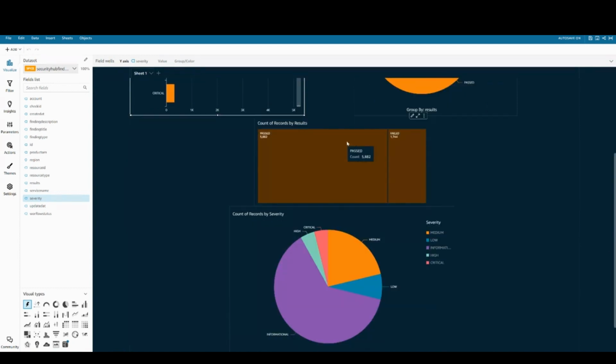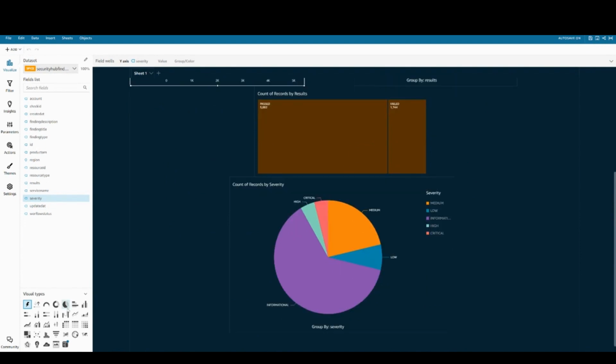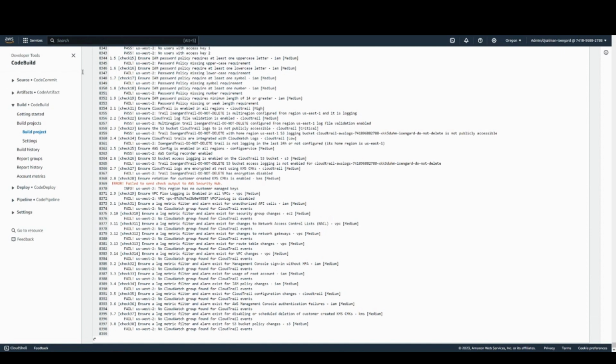We can do it using another kind of visualization. We can use a pie chart, bar graph, whatever. You can play with all of that here. It's pretty simple to do. So that's what I wanted to cover in the demo. Just a quick recap. We used CodeBuild